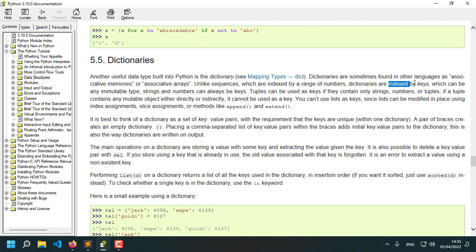Dictionaries are indexed by keys, which can be any immutable type. Strings and numbers can always be keys. Tuples can be used as a key if they contain only strings, numbers or tuples. If a tuple contains an immutable object either directly